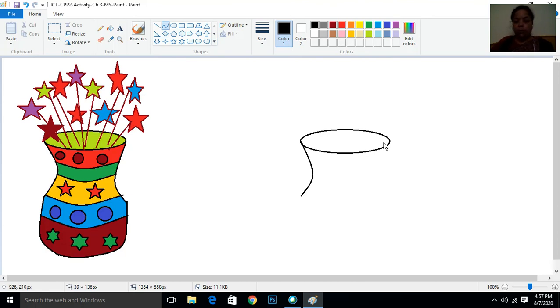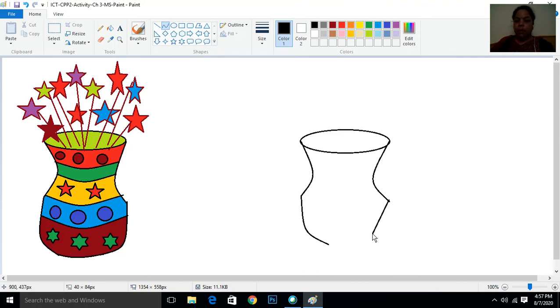Now I want to draw the another part of this. Here I am drawing this. Now I am making it curve. You can see I have drawn the curve. Now I will click on curve tool again so that I can fix this line. Now I will draw a line here downside. Now I will make it curve. You can see. Now again I will click on curve tool so that my line may be fixed.